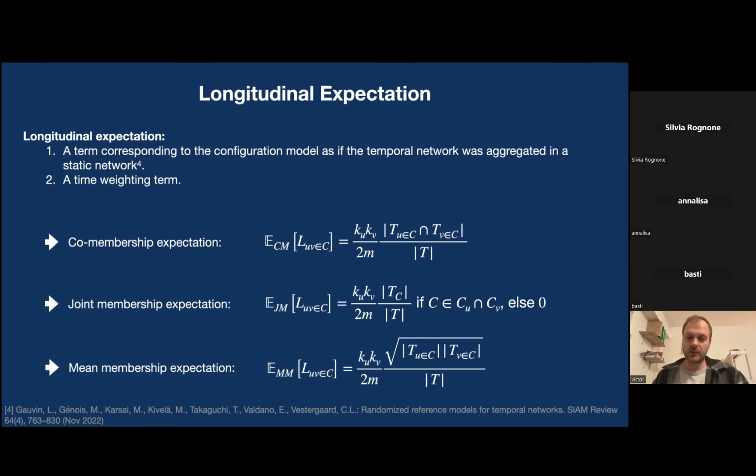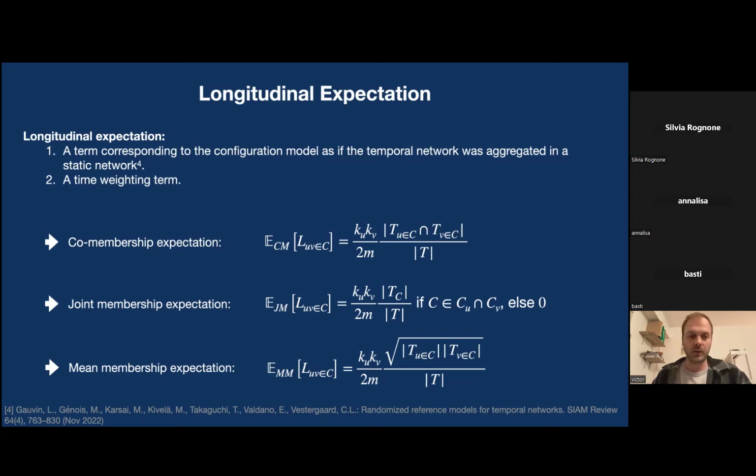The first one is the expectation term if the network had been flattened into a static one. And the second term is the time weighting term according to the size of the communities or to the duration nodes